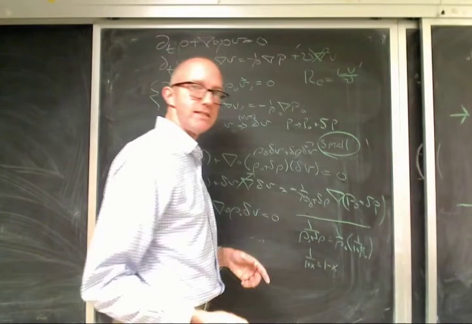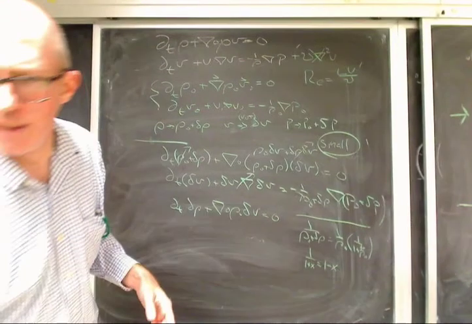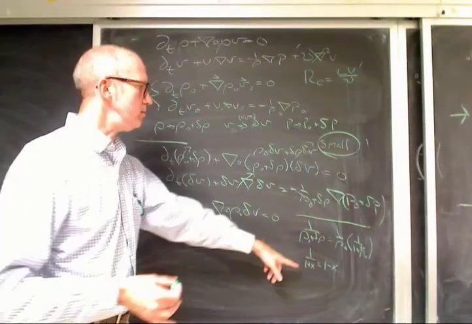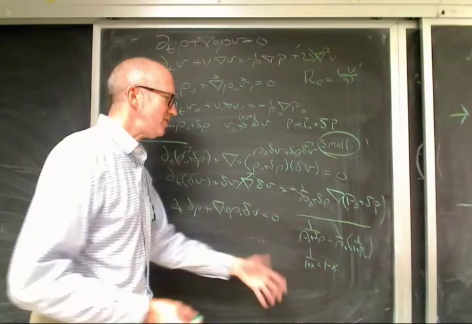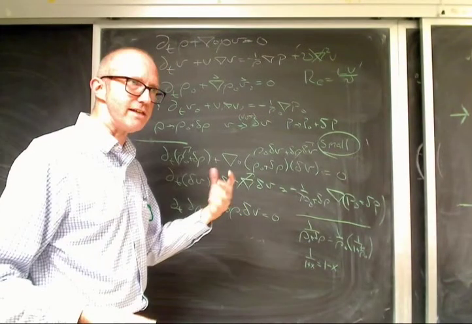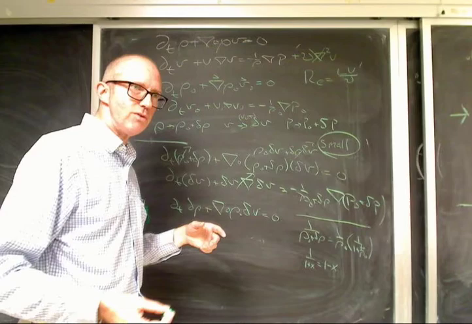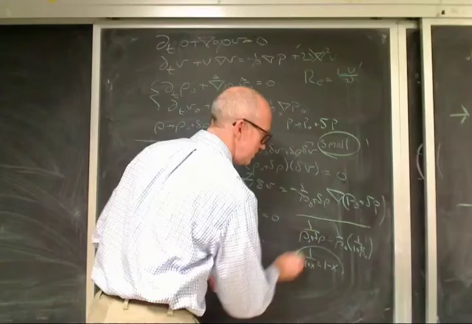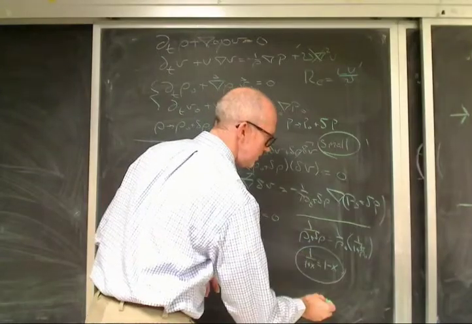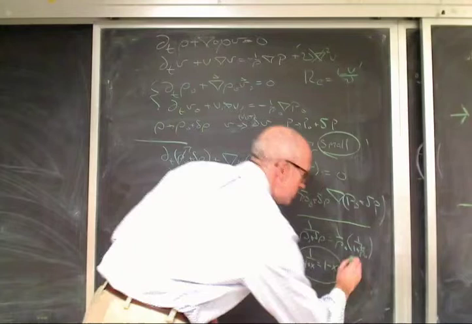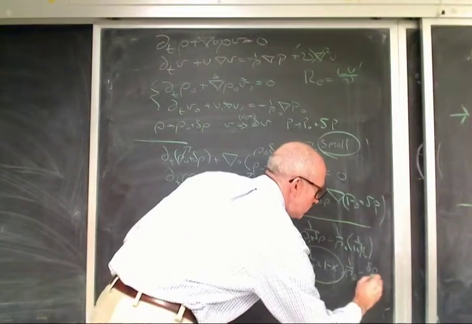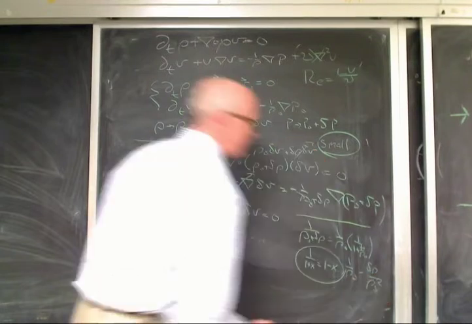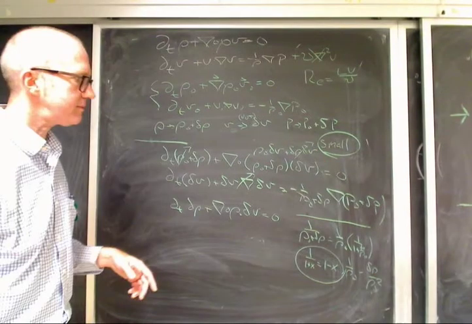That's a Taylor series, and I can prove that if you want. But actually, if you want me to prove this, then I'm going to make it a homework problem. Because this is one of those things that you should probably just ingrain in your head, grind it into your carpet, this Taylor series. So then this becomes 1 over rho naught minus delta rho over rho naught squared. Does everybody see that?